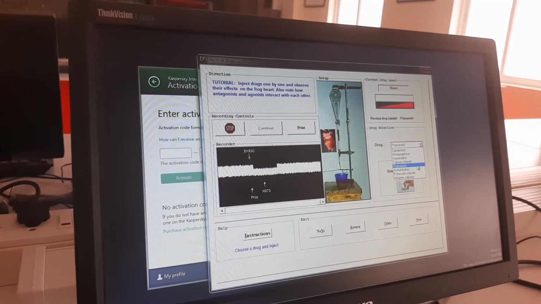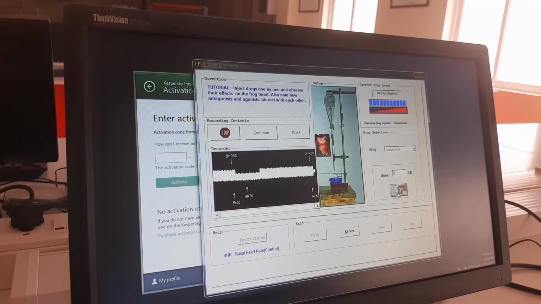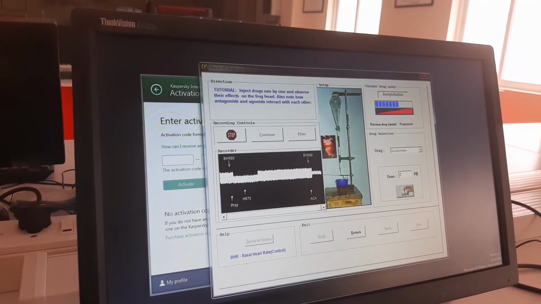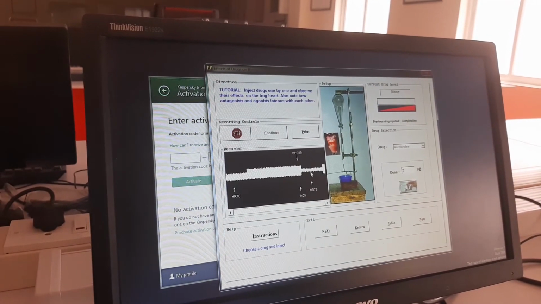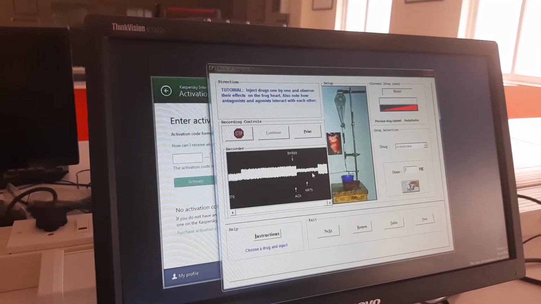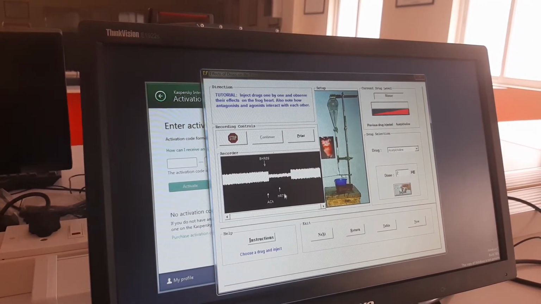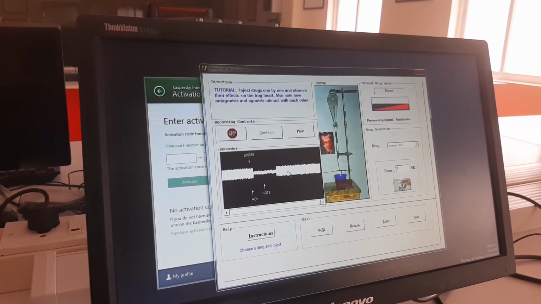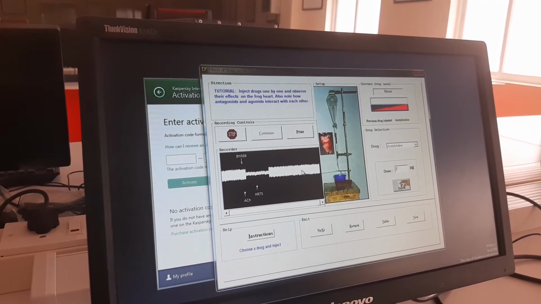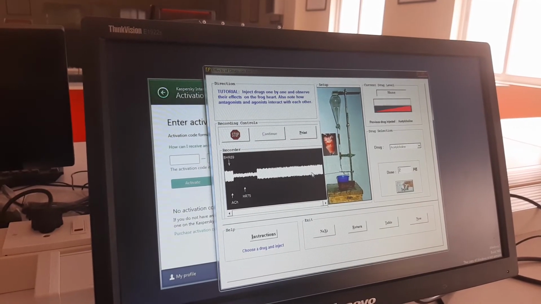Then we'll go with the cholinergic group of drugs. We'll inject acetylcholine and see what will happen. Acetylcholine decreases the heart rate as well as the force of contraction without change in the tone of the heart muscle. We know there is an M2 action, and that is the reason why it decreases the heart rate as well as force of contraction. The heart rate is reduced from 89 to 75. Once the drug effect lasts, again the normal heart rhythm, heart rate and amplitude return. We are seeing the tone.